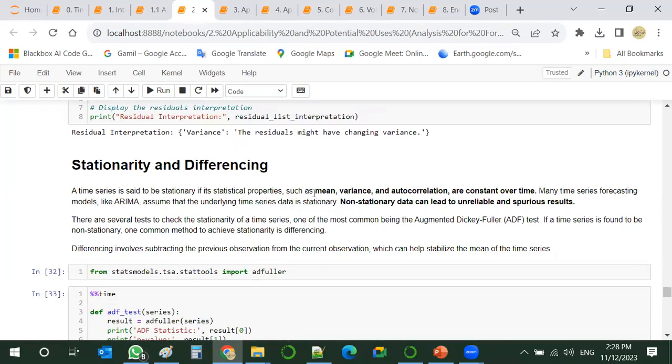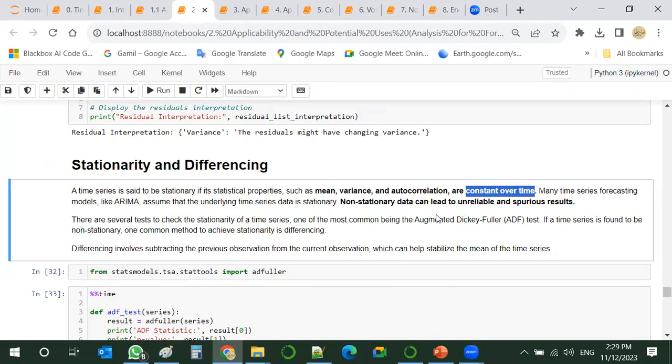So this leads us to another concept, which is stationarity. Which means the mean and variance and autocorrelation of our time series are constant. They are kept with certain values over time, no change. And many forecasting models, as we'll see, like ARIMA, for example, assume stationarity. So non-stationary data is not reliable, so we have to check.